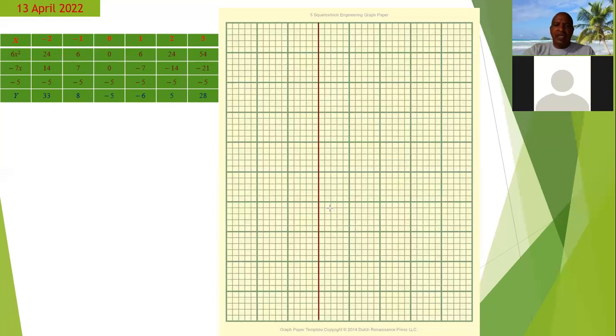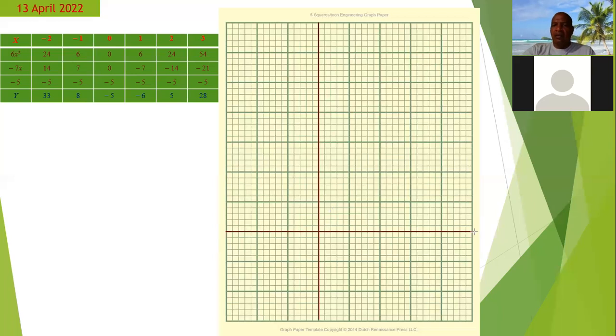So if we take 6 of the centimeter boxes above the x-axis, we'll be able to put the positive y values in comfortably. All right, so we'll put the x-axis here